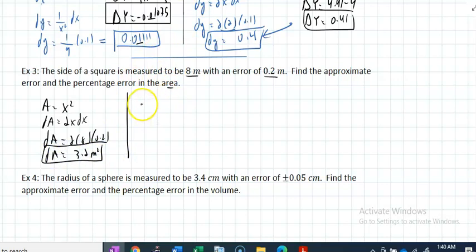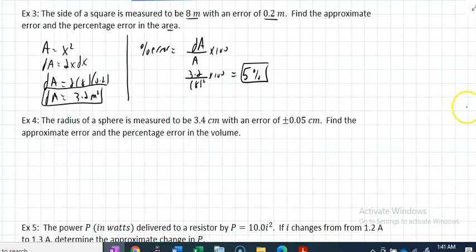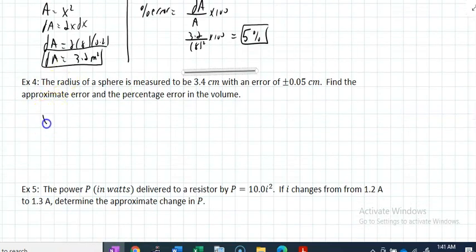The percent error in this case is the change of A over A times 100. Change of A is 3.2. Area is x squared times 100. And if you plug that in a calculator, that gives you the error in your approximation will be roughly 5%. That's the percent error. And if I go for a sphere, the volume of a sphere is